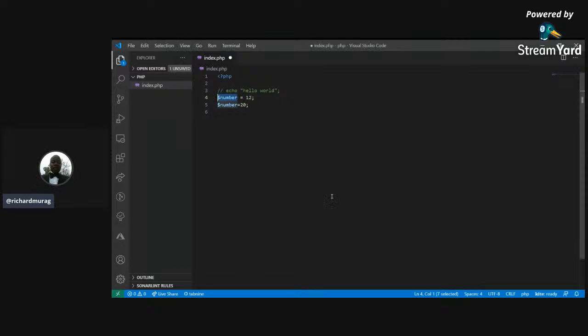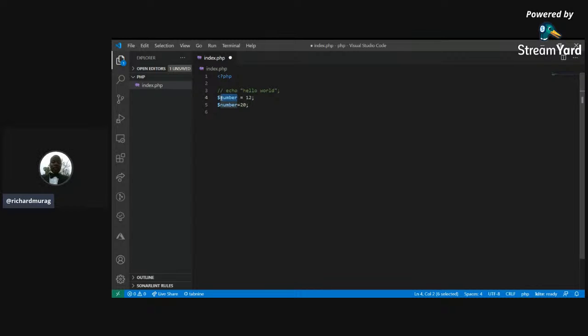Let's say that when this program is executing, remember the program reads from top to bottom. That is to say, when a program is executing, it's going to start from this line, which is empty, and find nothing on this second line. Then it goes to the third line, finds nothing there, and goes to the fourth line, where it finds that I have this variable. The variable has a name. A variable should have a name. My name for the first variable is